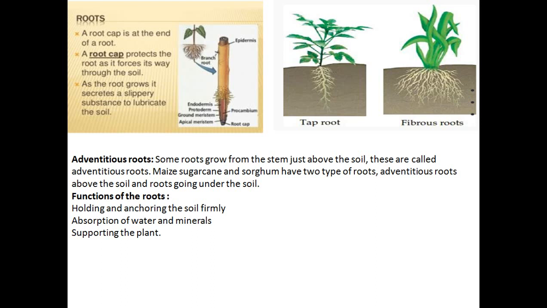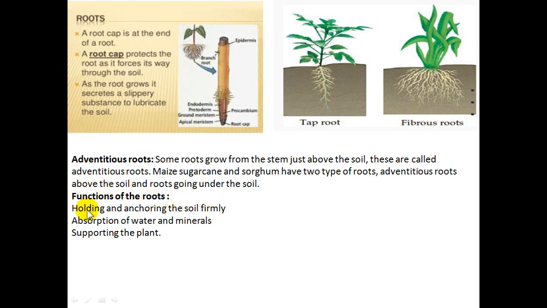Okay, what happens sometimes is that some roots start penetrating into the soil, and sometimes you can see some roots also start arising from the stem just to support it. That is called an adventitious root. Okay, maize, sugarcane, sorghum have two types of root: adventitious roots above the soil and the roots going under the soil. In monocotyledonous plants like maize or sugarcane, you can find adventitious roots arising